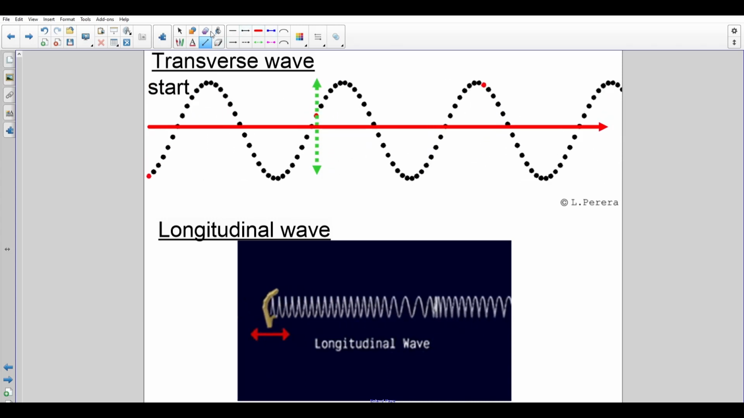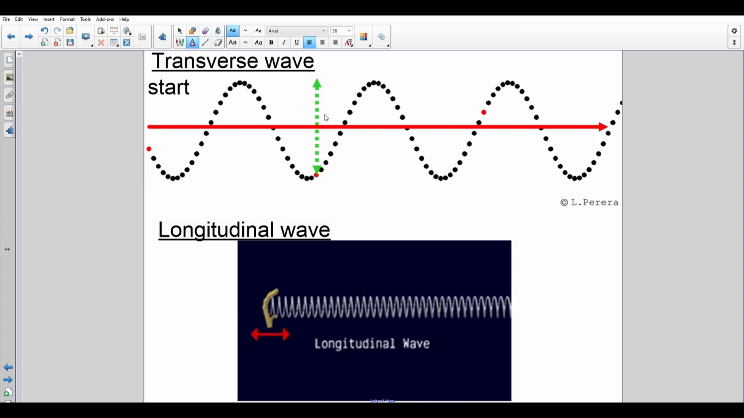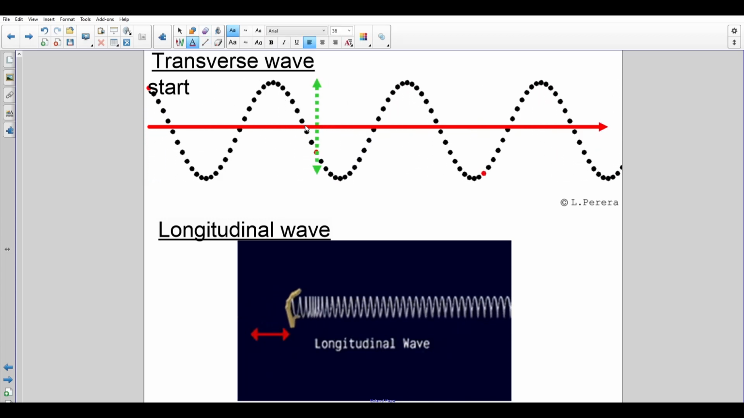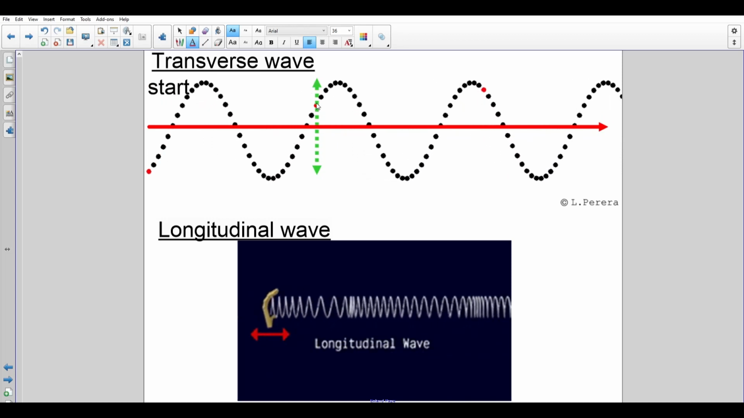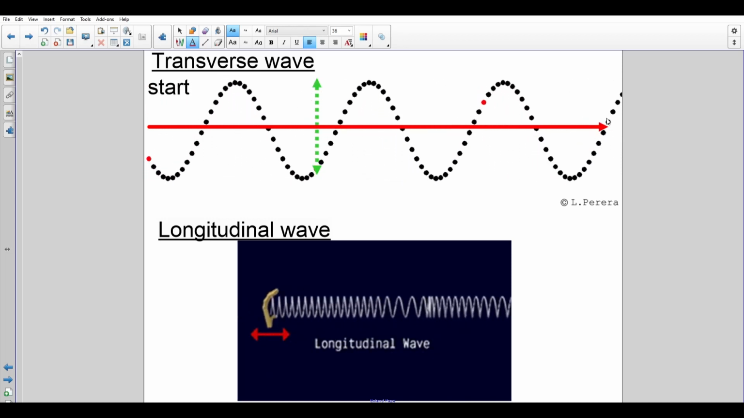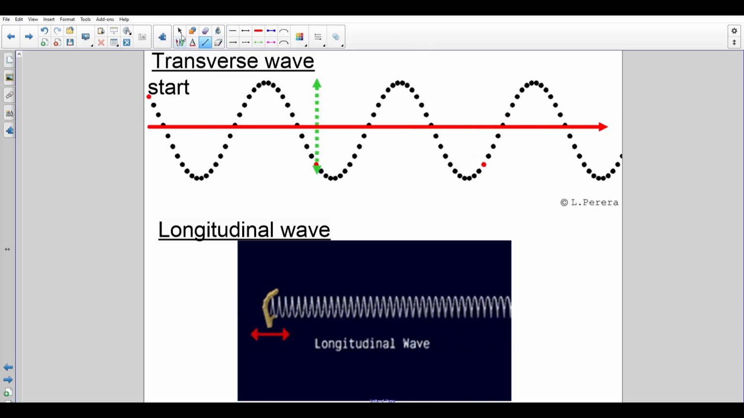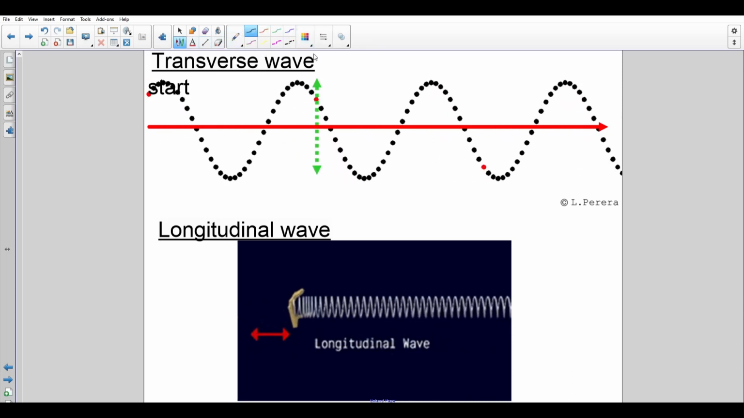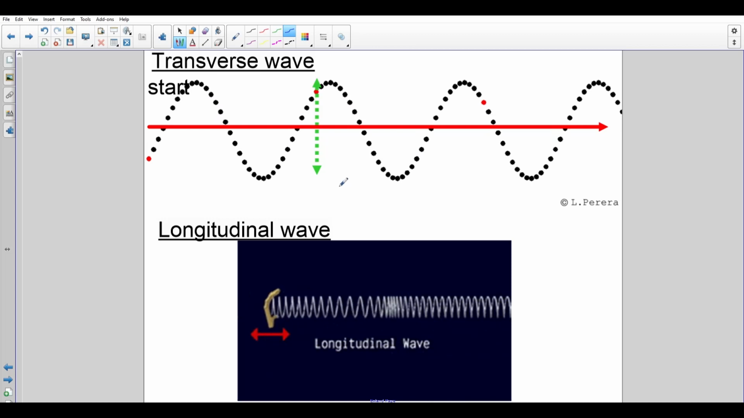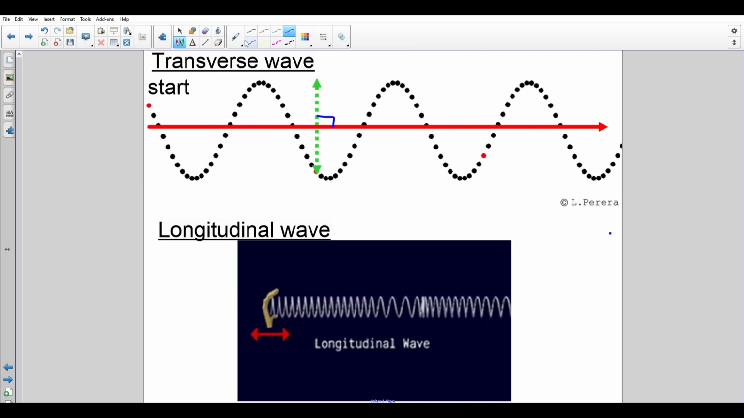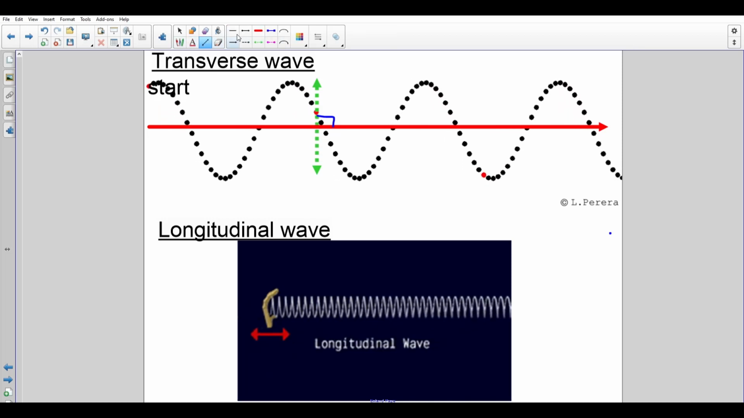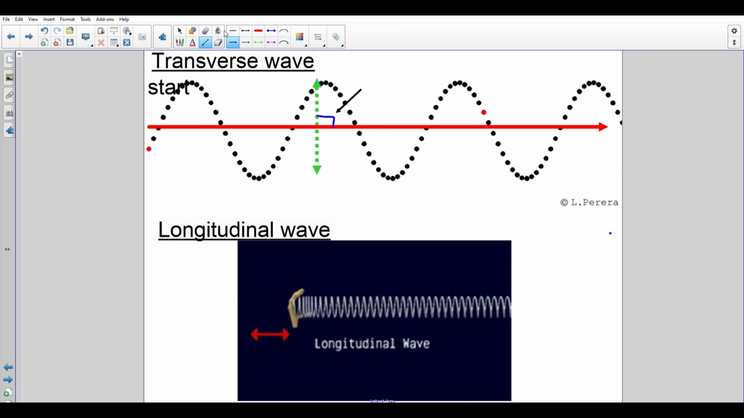Okay, so for this, look at how we're comparing them. We're comparing the particles moving like this to the energy moving across the page like that. And if you look, we've made a certain angle here, I'll call that in blue. So we've made an angle here at 90 degrees. So we've made here a right angle. So we can say